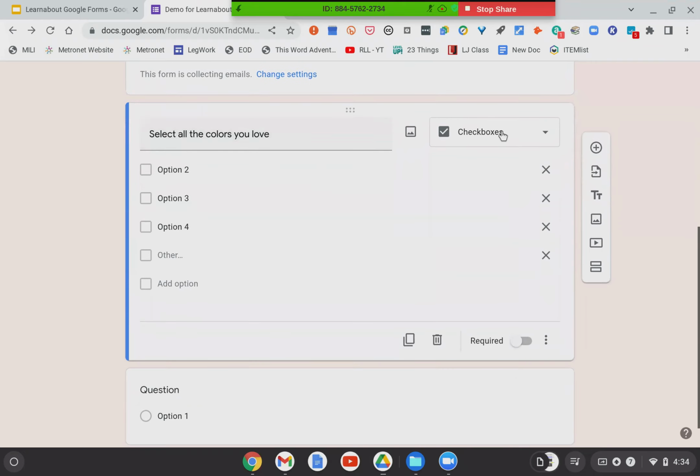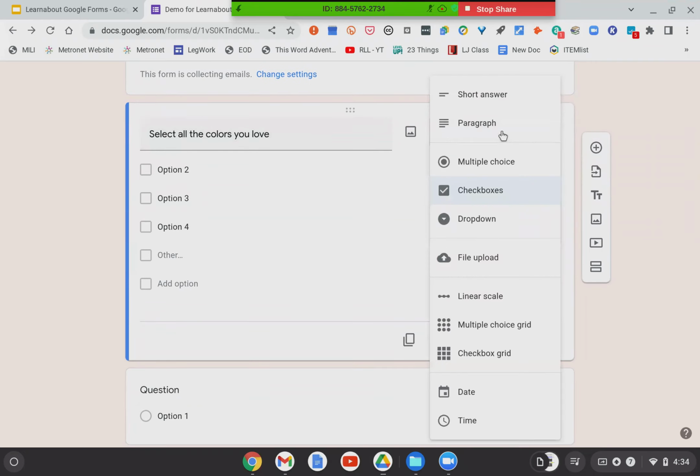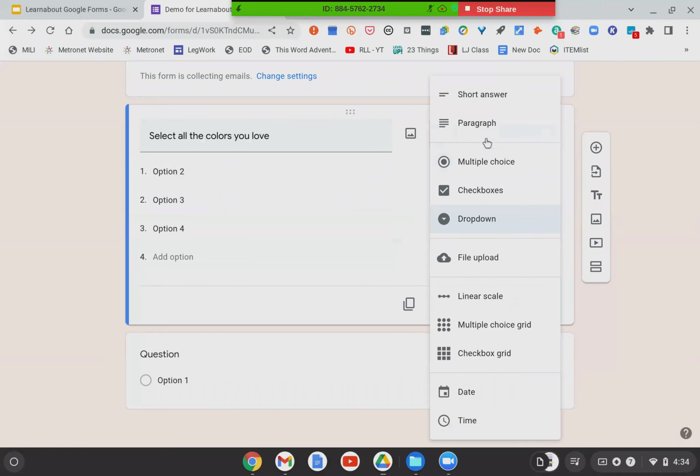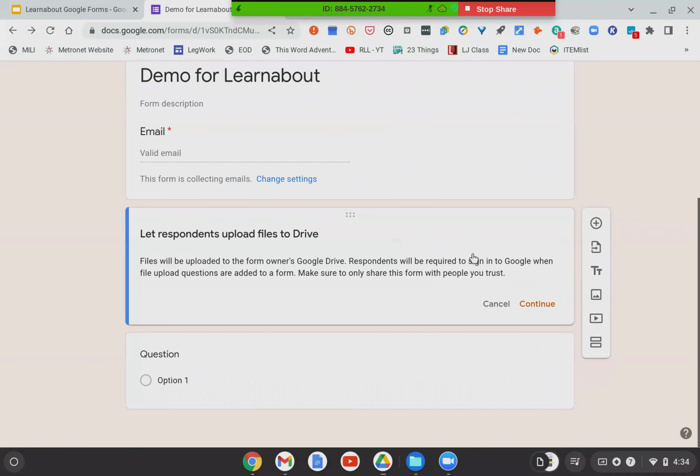So depending on what you're typing, and then what kind of question that you are trying to create. So a drop-down menu gives you a few different options there. So you can upload a file.